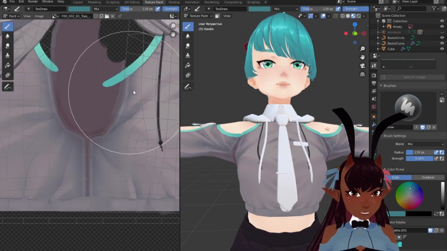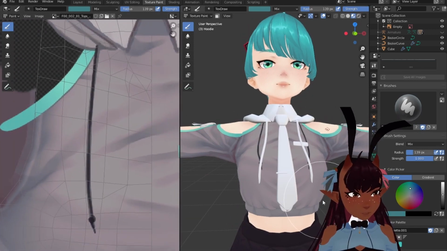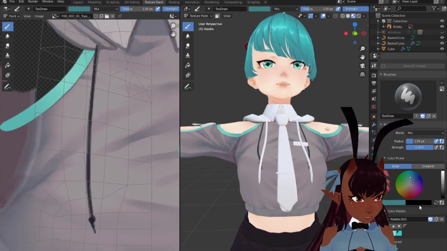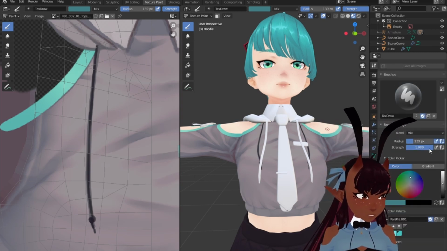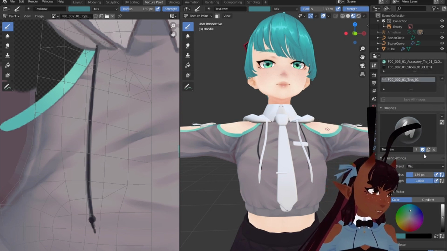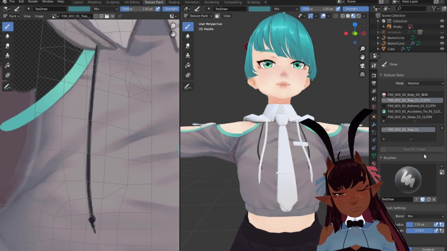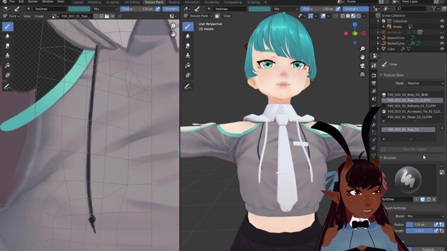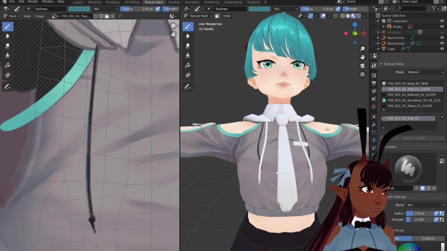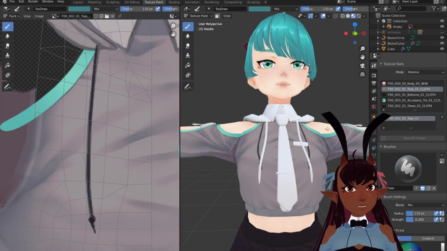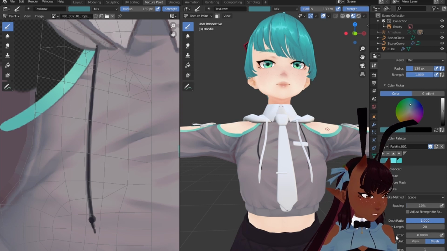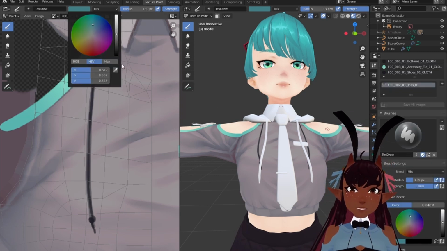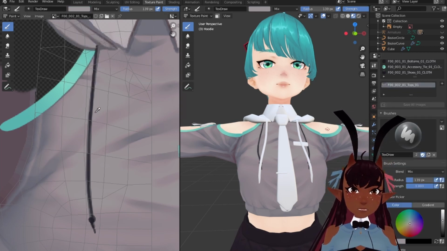Okay, so let's try and get rid of these shapes that are useless to us now. You can have radius selected, strength. Strength probably matters a little bit. If you don't have a drawing tablet, I say just put the strength down and then just keep drawing over the same area as much as you need to. And stabilize off. So we're just going to select the right layer,